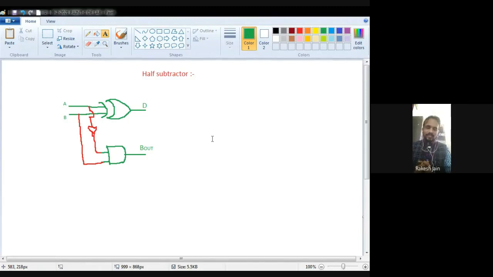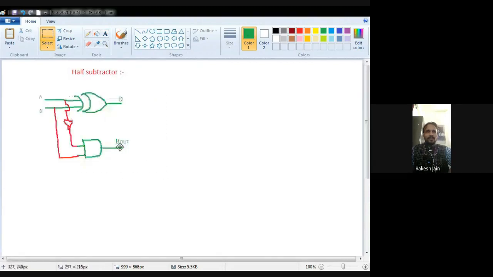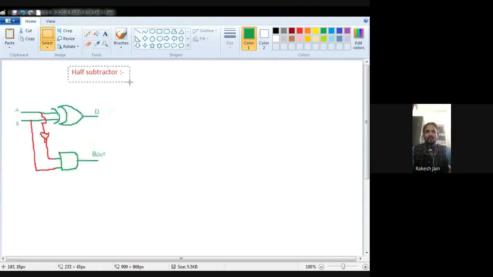But here in the half subtractor, the two inputs are not all directly connected. Instead of the direct connection, the first input is connected via an inverter or a NOT gate.